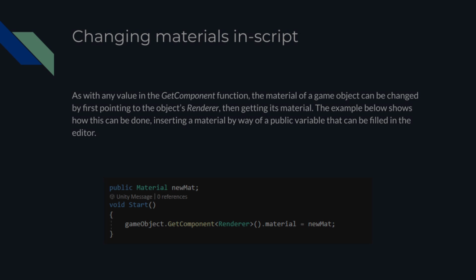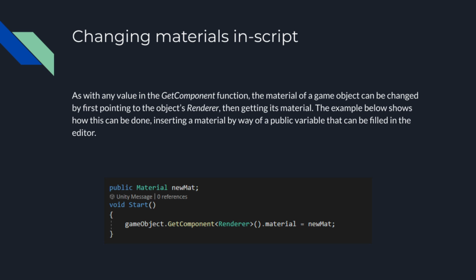By this point, you're definitely familiar with the getComponent function in Unity. It's something you use for just about anything that involves the data from game objects, and there are a lot of interesting things that can be done with it. Now, in this tutorial, we'll talk about the object's material. By first pointing to an object's renderer, you can then access the material by following the function with material. You can then override it with a variable, like in the example here, and when the function is called in-game,